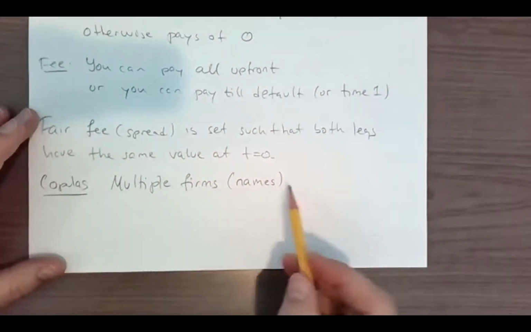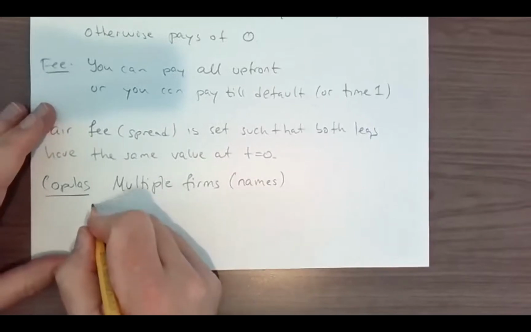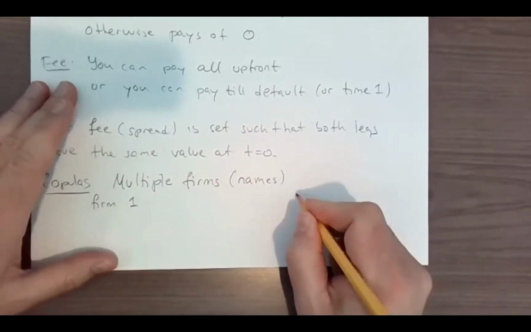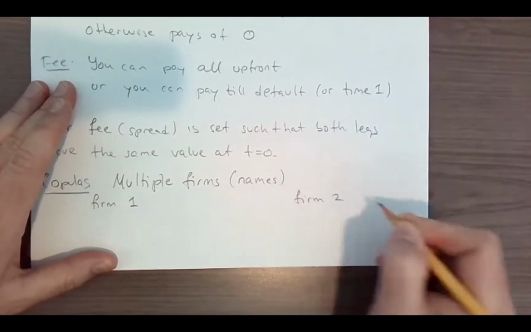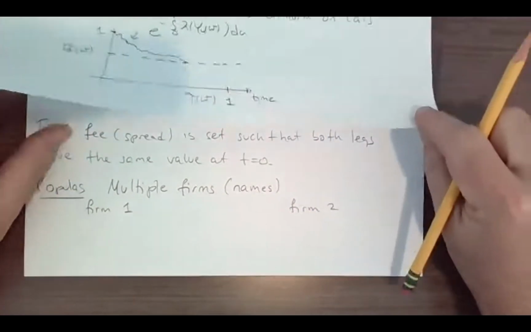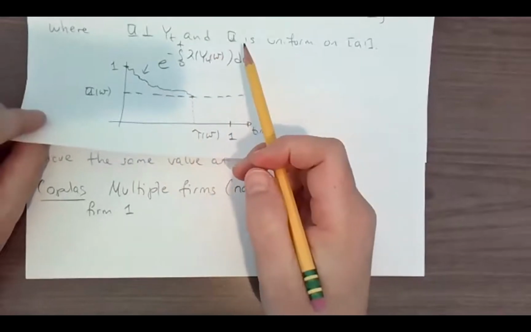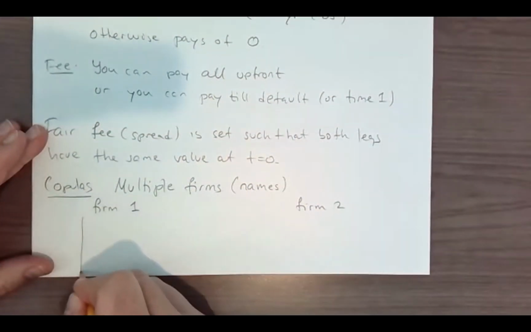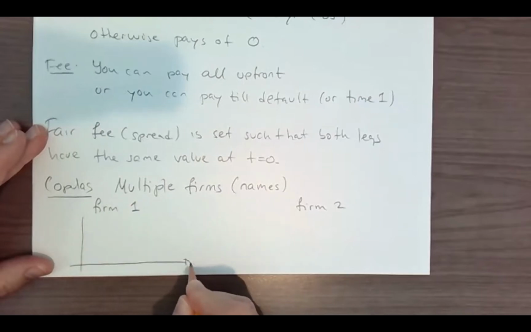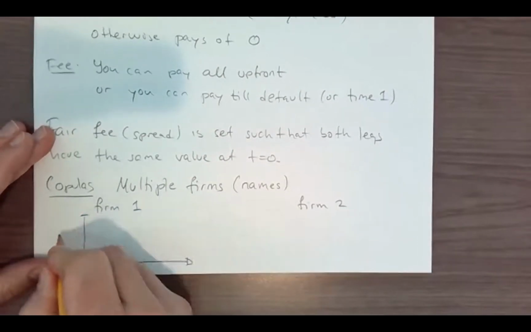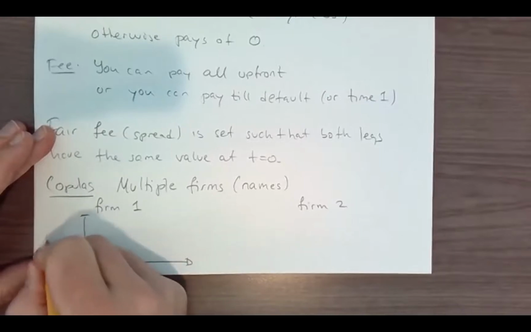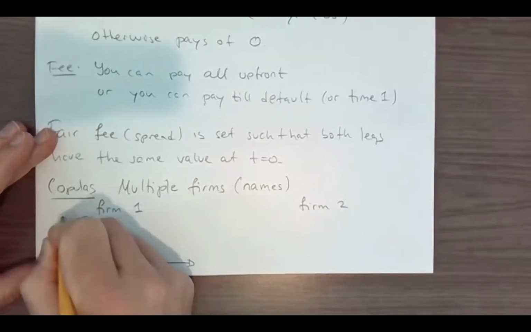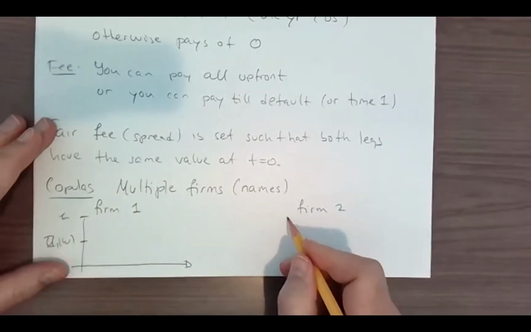What you'll have, if you have 2 names, is that this one could be firm 1 and this one could be firm 2. You want to use exactly this model for each of the 2 firms. So then what you do is you look at a picture. Firm number 1 has a U1 of omega, and firm number 2